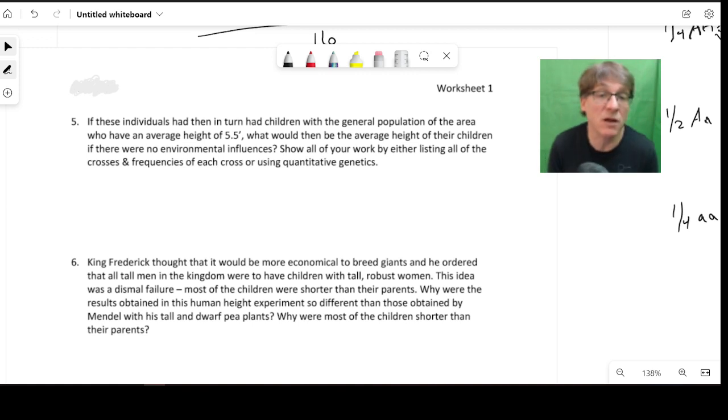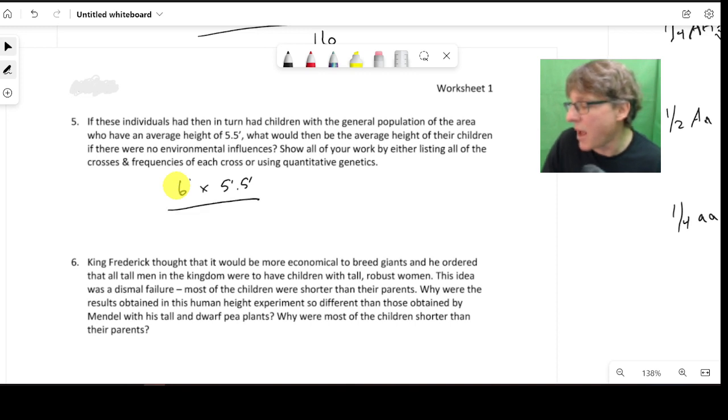When we consider Edward East, if we have two extremes of 6 feet and 5.5 feet, and no environmental influences at all, then what we should get is, if we add those and divide by 2, just take the average of these,